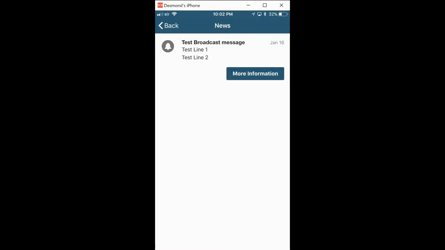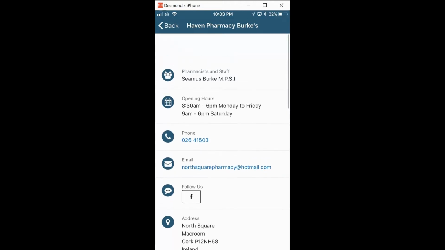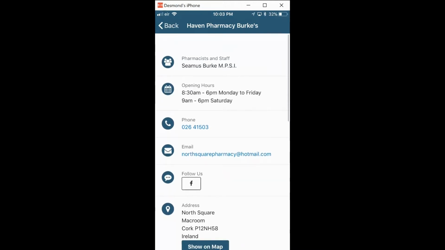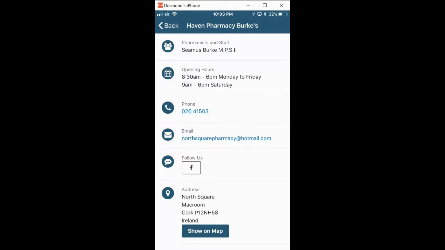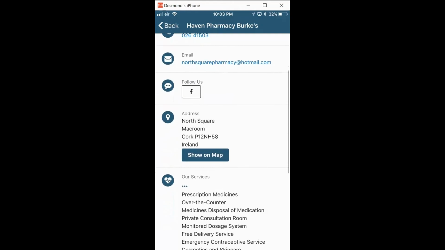Or, for example, if you want to communicate delays or other such information related to that prescription, these will all appear in here. Finally, the information button. These are details about the pharmacy, any details that you have, staff, opening hours, phone number, email, address, Facebook,